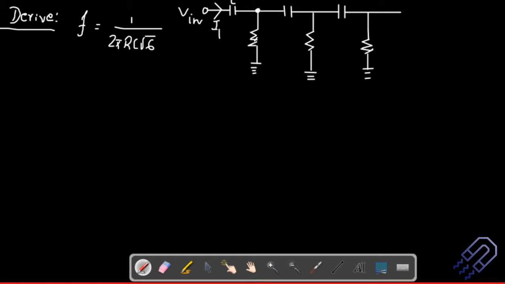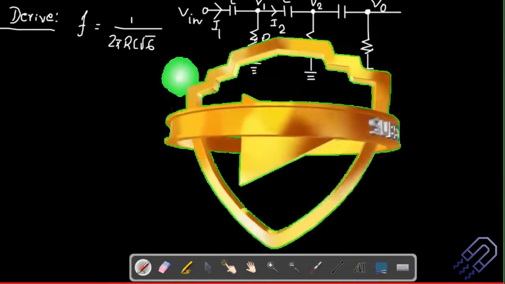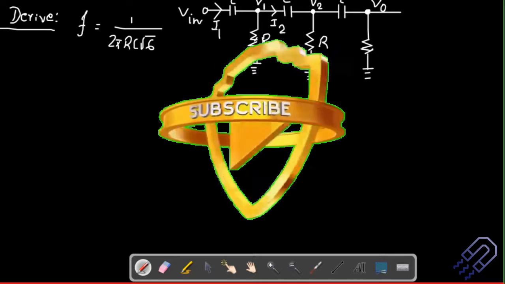All of them will have different voltages. This is V1. You have to remember that this voltage is V in, and because of the capacitor there will be a voltage drop, and that will be nothing but V1. This is my resistor, and this is again C. In this section we have the current I2. This is my second node, and here also there will be a voltage drop, so this will be V2. This is the second circuit. At this point we have the output, V0. This is R, and this is again the capacitor C.